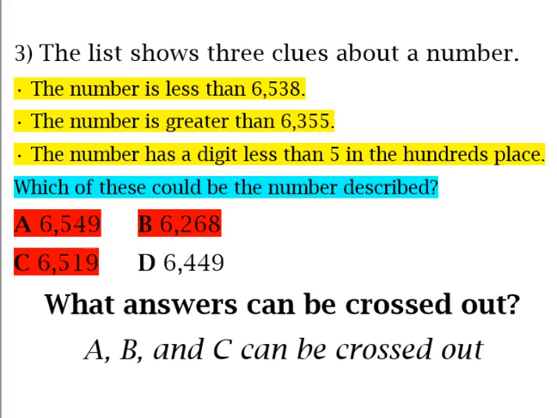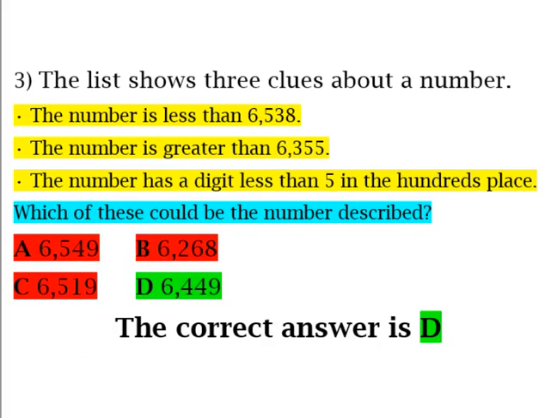Do you see why it's good to just take time to figure out, are there any answers that we can cross out? Because if so, it increases your chances of getting the problem correct. So our correct answer is D,